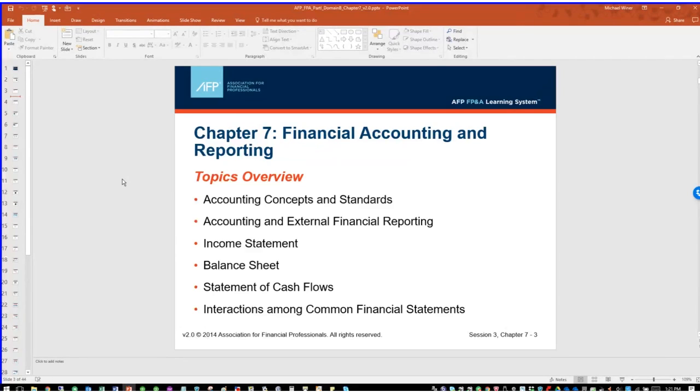And I think that the level of coverage that they put into this program is reasonable considering the total size of the program. This is designed to be between a 110 and 120 hour program in terms of the amount of time you're expected to put in. So the amount of time that they spend on accounting is reasonable, but there's a lot of material there.